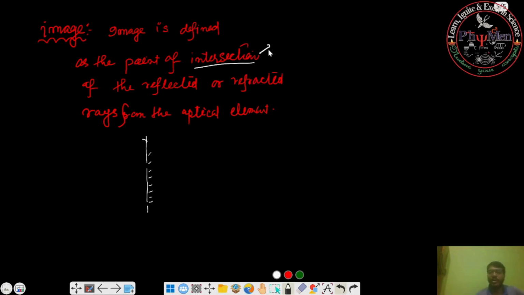This may be the real intersection of the reflected rays और appears to intersect. ओके, दोनों केस में वो इमेज बनेगा. ठीक है,